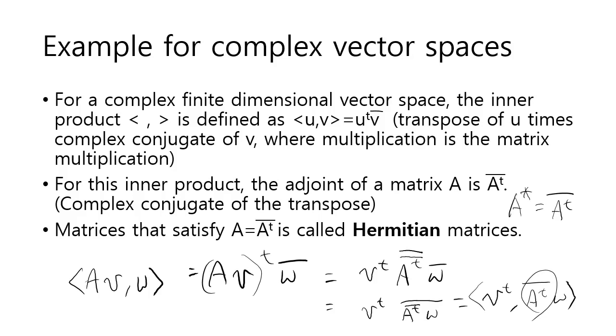And whenever A itself is the same as its adjoint, then we call it a Hermitian matrix. So to distinguish this adjoint from the other one, we sometimes call this the Hermitian adjoint. And if any matrix is the same as its Hermitian adjoint, then we call it a Hermitian matrix. Notice that if A itself only has real values in there, so if A is a matrix with only real elements in there, then this bar doesn't do anything. So you can say that any real self-adjoint matrices are, again, Hermitian matrices. So that's why we sometimes call some operator self-adjoint, and sometimes we call it as